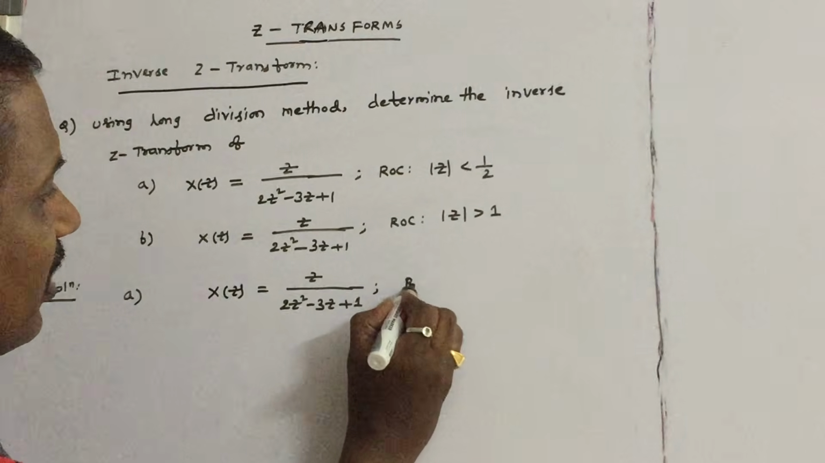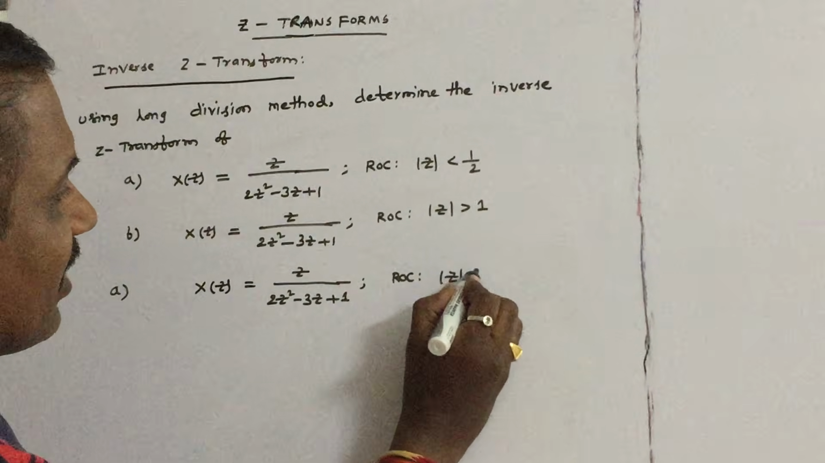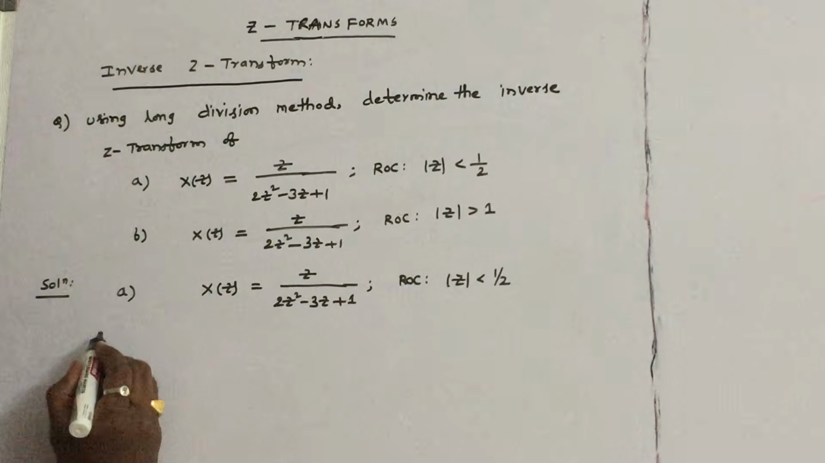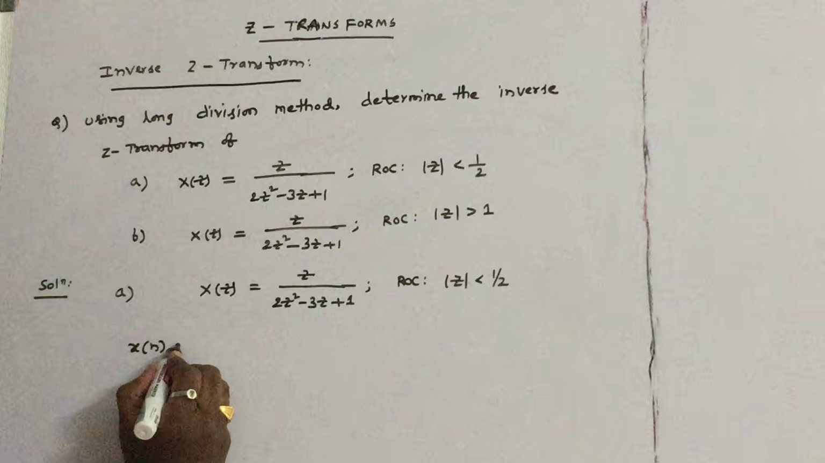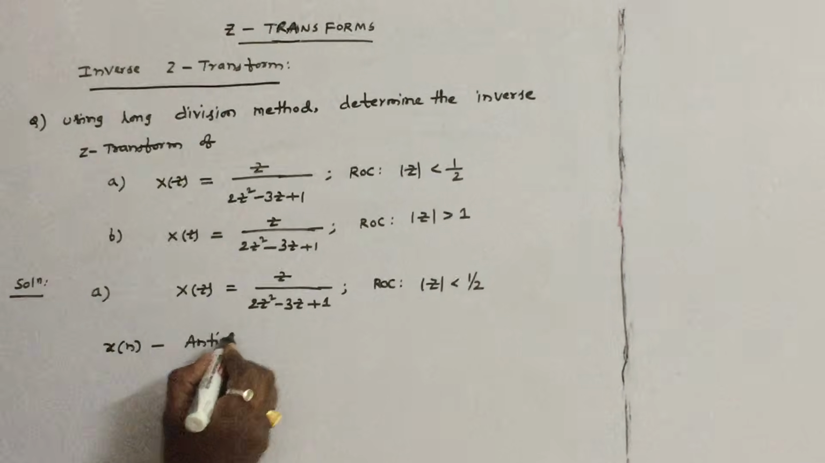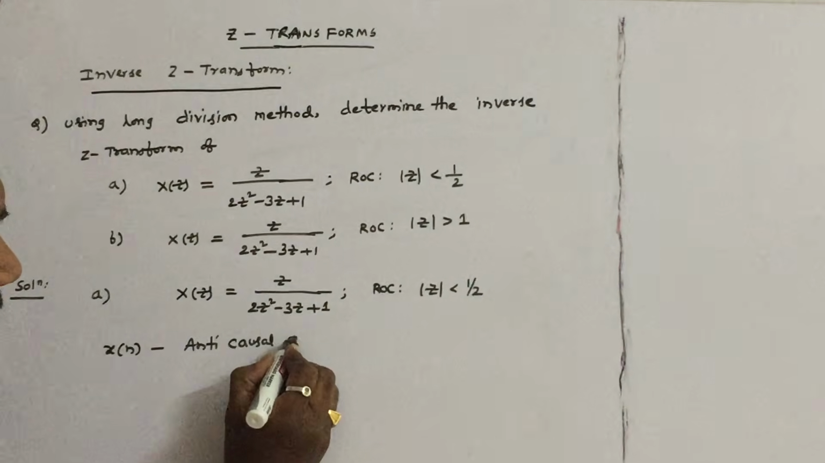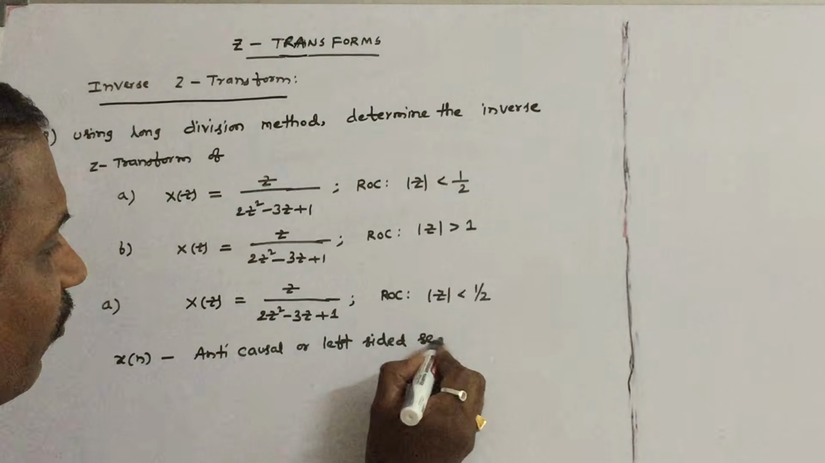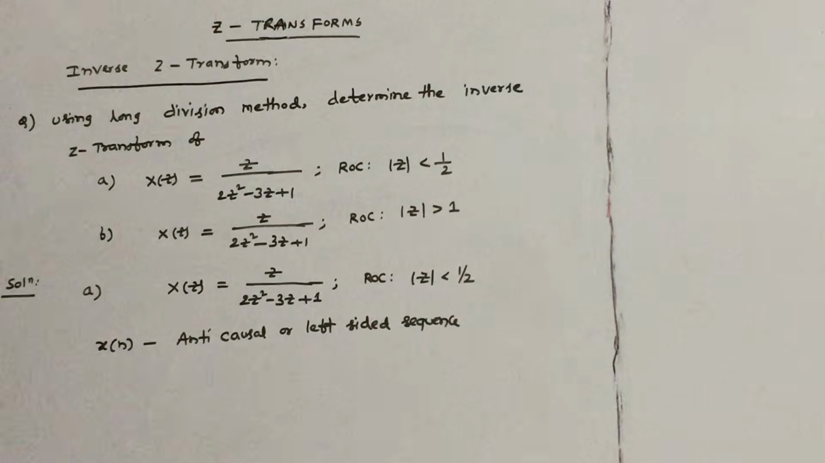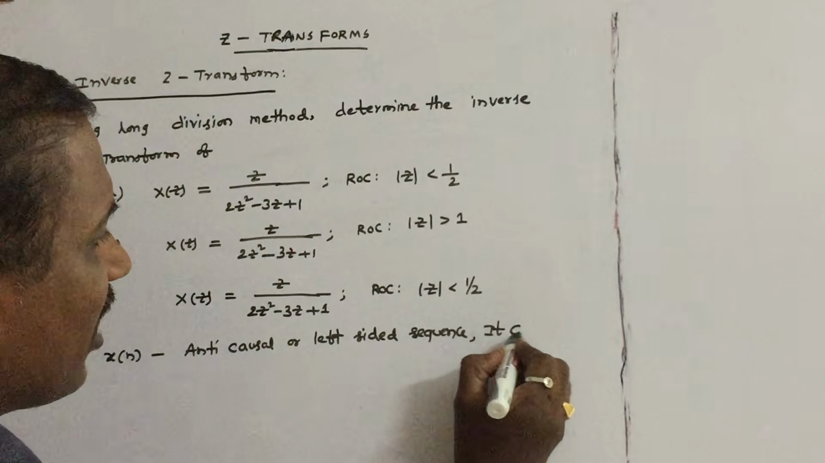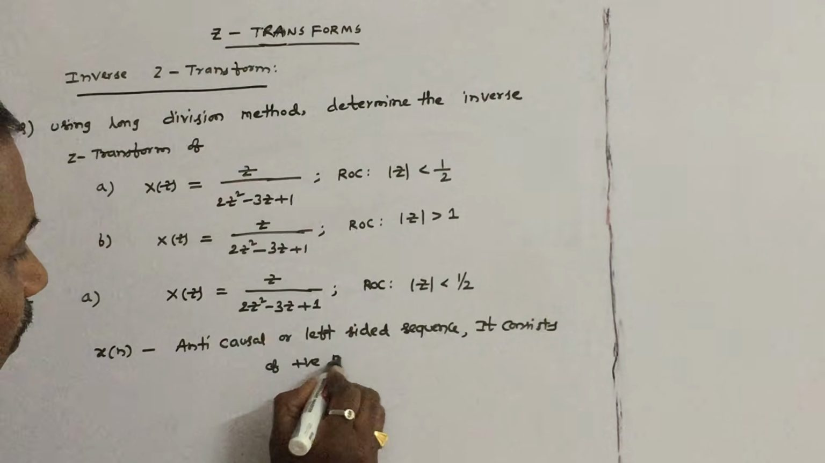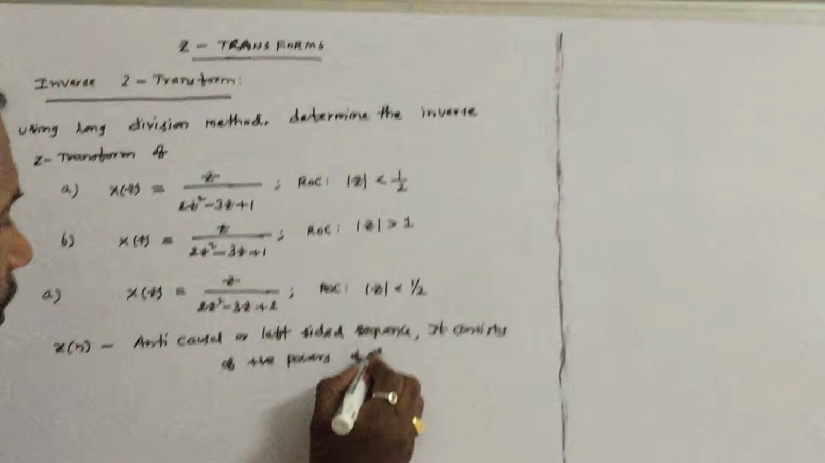The region of convergence, you see that it is given inside the circle of radius 1 by 2. Whenever the ROC is inside the circle, what is x of n? X of n is anti-causal, or a left-sided sequence. First you have to remember, an anti-causal or left-sided sequence consists of positive powers of z. Positive powers of z. So for this, first divide the numerator